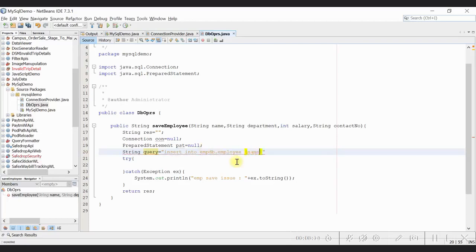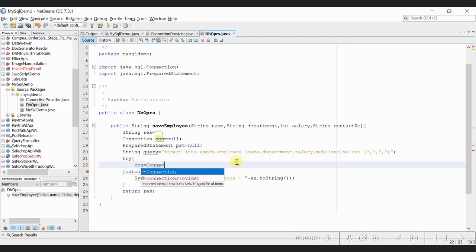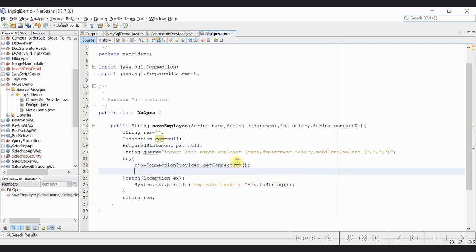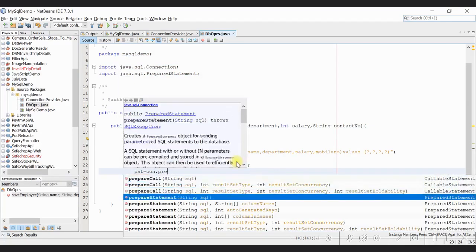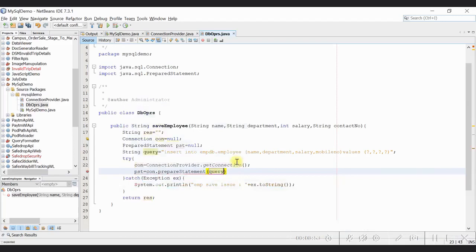That is name, department, salary, mobile number. Here we are not defining the ID because ID is auto incremented, which we have set up in our project setup tutorial. Okay, now the values: 4 question marks. These are the parameterized queries that we are using with the prepared statement. So we have to set the variables for these. There are 4 question marks. So the first question mark represents the name, the second question mark represents the department,